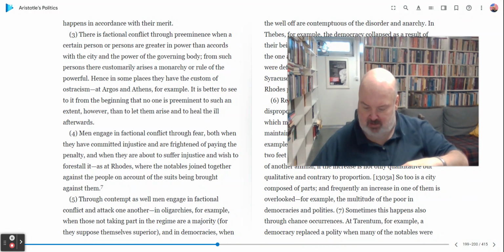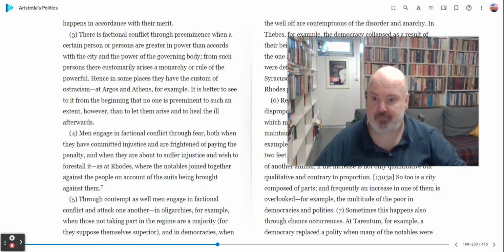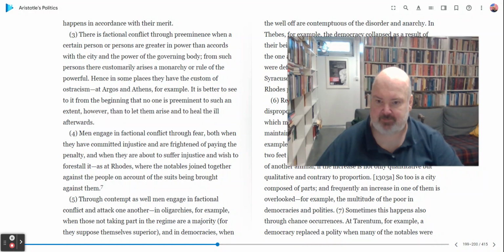Then preeminence, which is fifth in the original list, now becomes fourth. And then fear, which was fourth, becomes fifth. Okay. Now contempt, which is the sixth, and this is the same level,